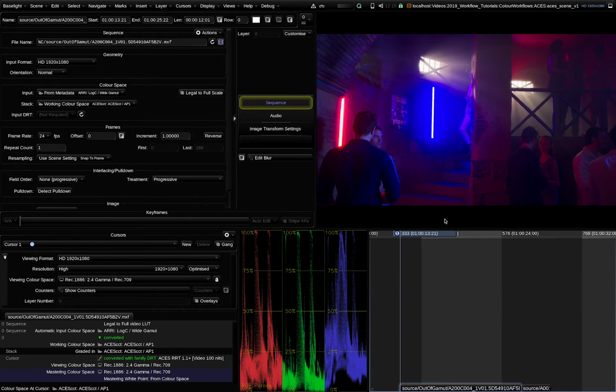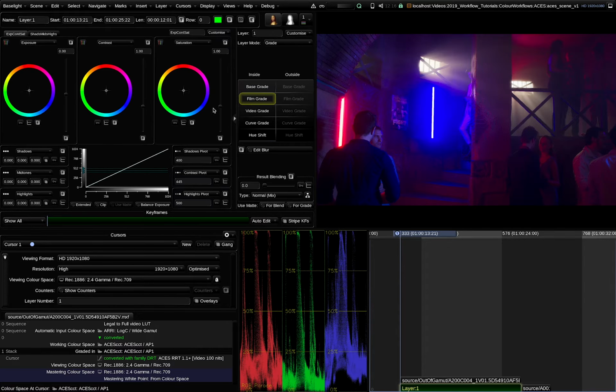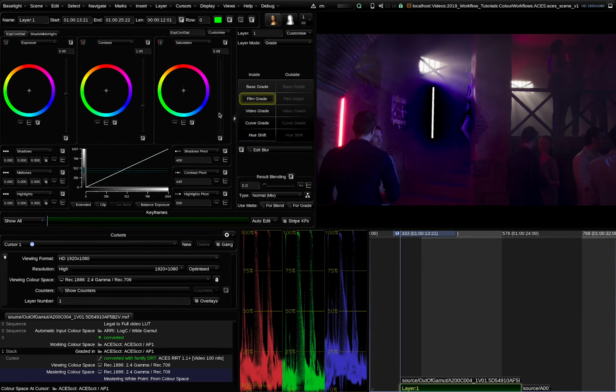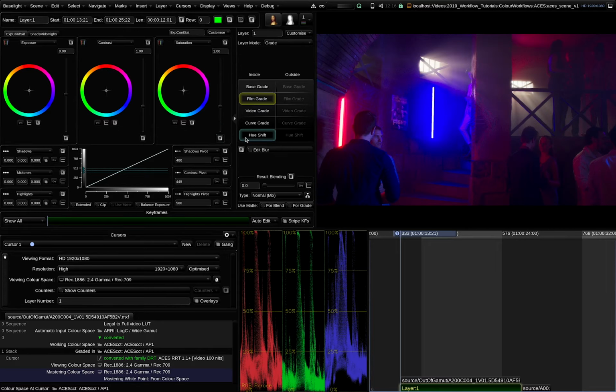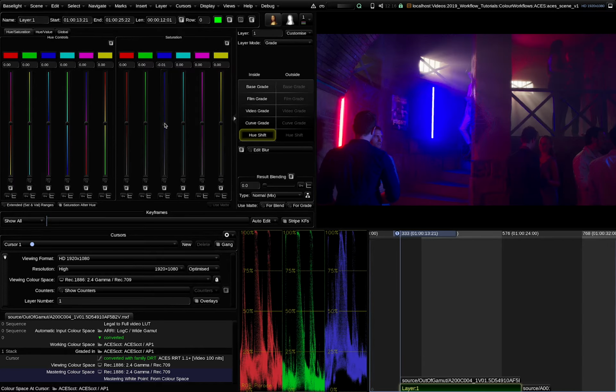While working in ACES, you might have to deal with out-of-gamut colors. These are highly saturated colors that are outside of the working color space, in this case, outside of AP1 color primaries. Here's an example of an ARRI camera that recorded an extremely saturated blue color value around here. When we try to solve it by using a classic saturation algorithm, we can see we run into black artifacts. The same happens if we try to desaturate just the blue in the hue shift.